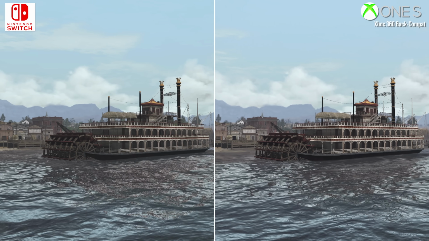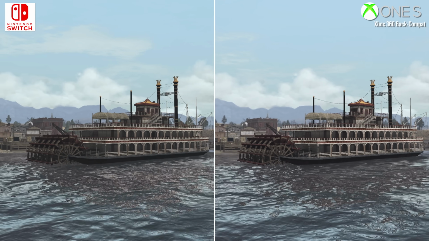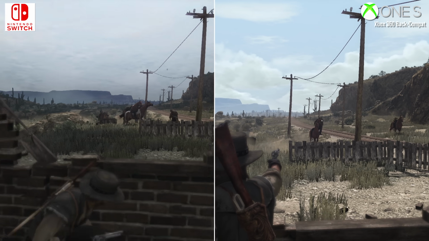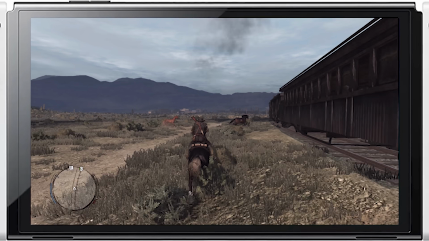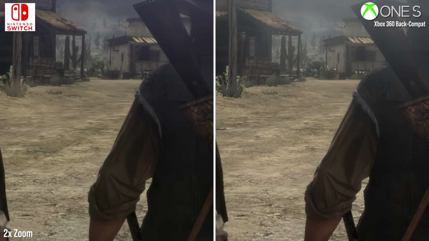And you might notice a slight change to the presentation of SSR, screen space reflections, on the water during the opening cutscene, but otherwise, it's really the same game. The main bonus for Switch being its 1080p boost while docked, and the ability of course to play it as a portable game. The only real downside on Switch, compared to 360 to my eyes, is the low texture filtering